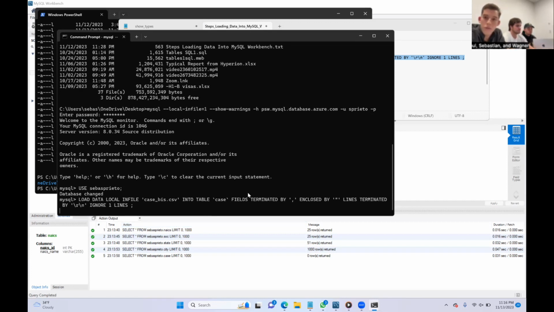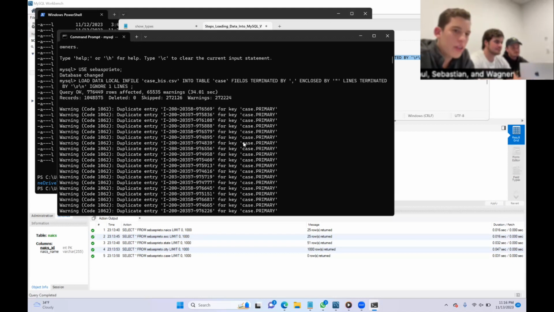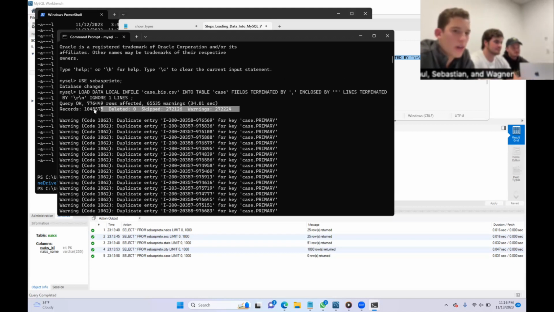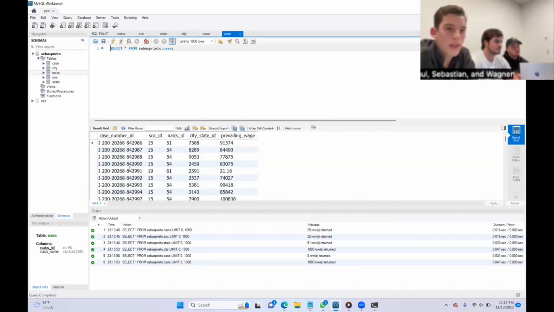After clicking that, we have to wait a little bit, approximately 30 seconds, so bear with us. A few moments later. Now it loaded. After it loaded, we're going to go up to make sure that all the data was uploaded. And as we see the records, there's a bunch of them. We're going to go back to the MySQL Workbench and we're going to select case again after refreshing the schemas. As we select, we can see that all the data was